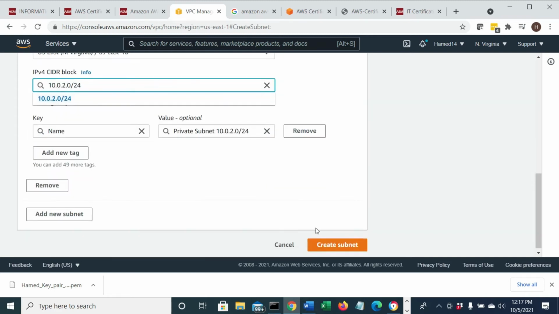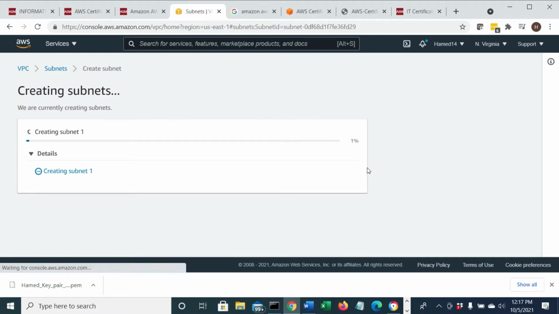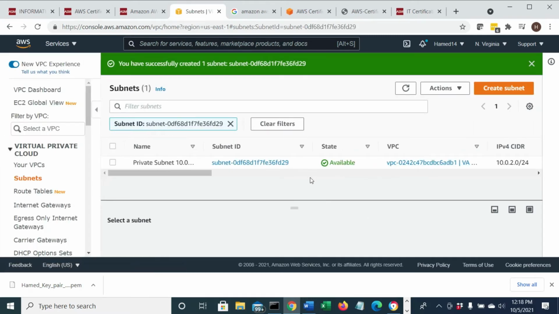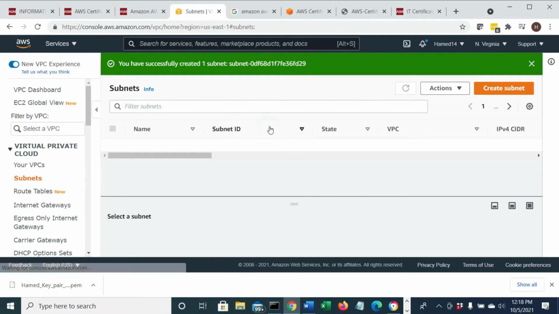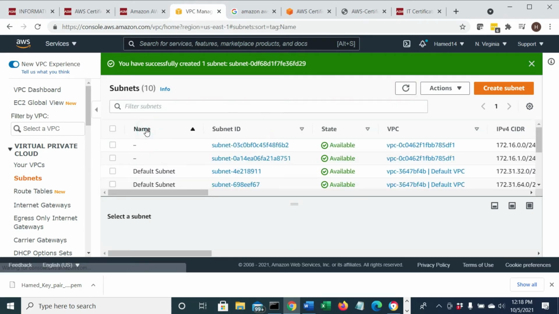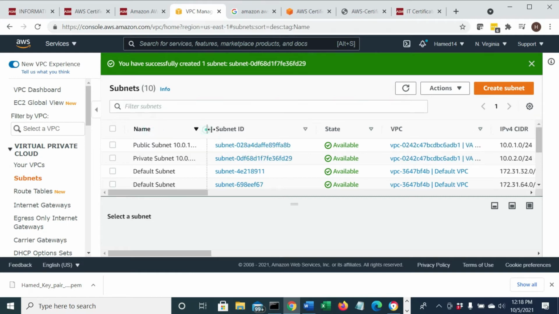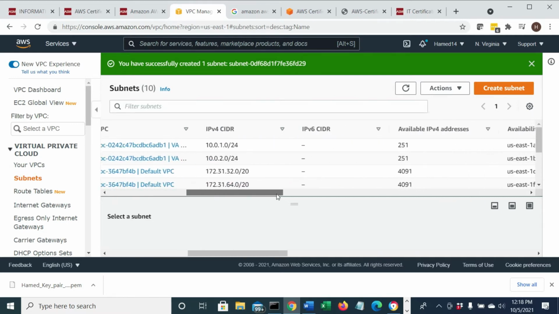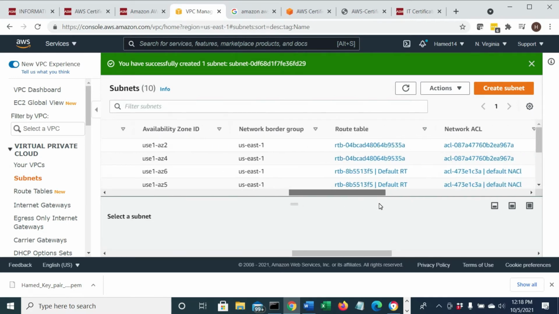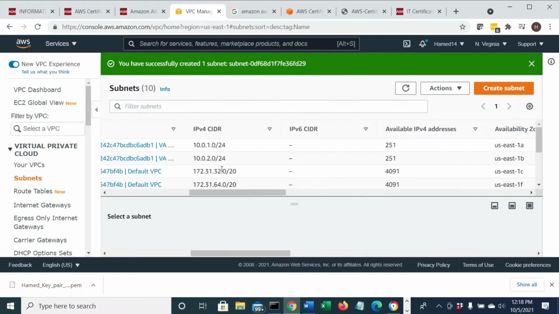So I created another subnet. Okay, you see that one? I created a bunch of subnets right here. If I click on name, I can see that. If I click name again, I see I have a public subnet and a private subnet, and these are inside my VPC, which I created, which is the 10 network.